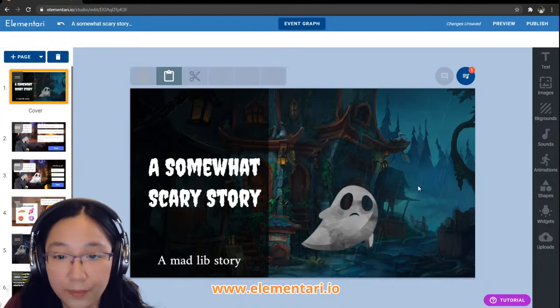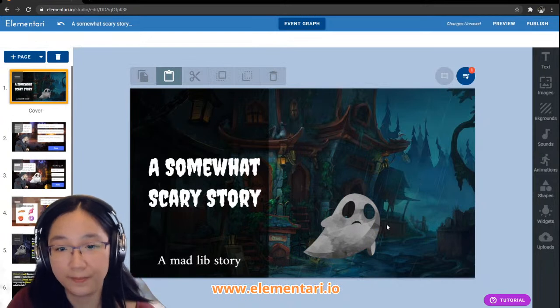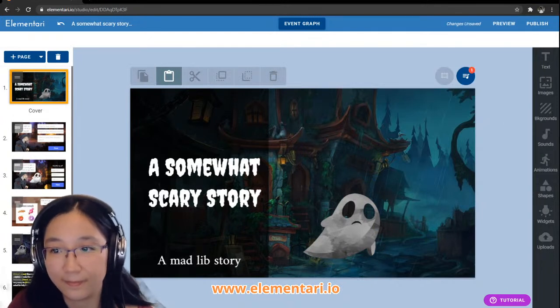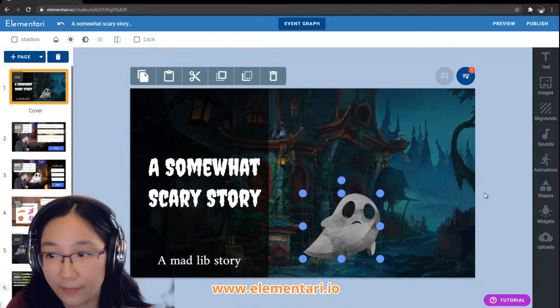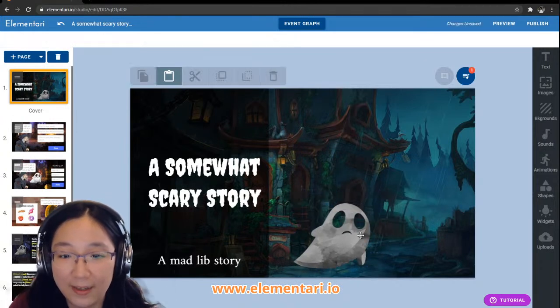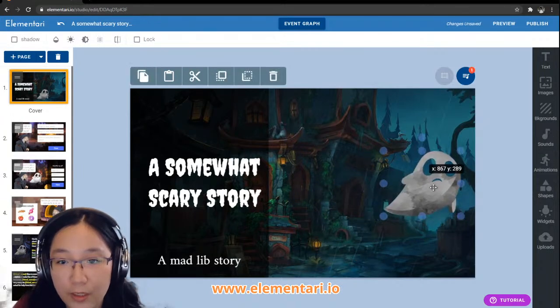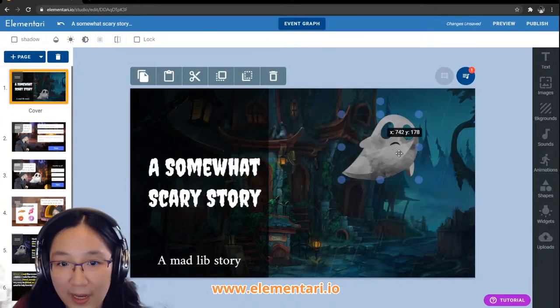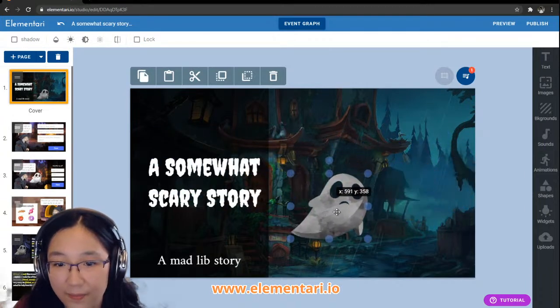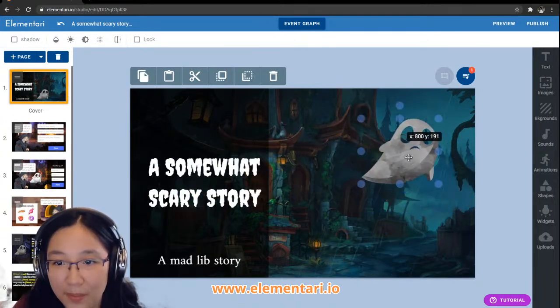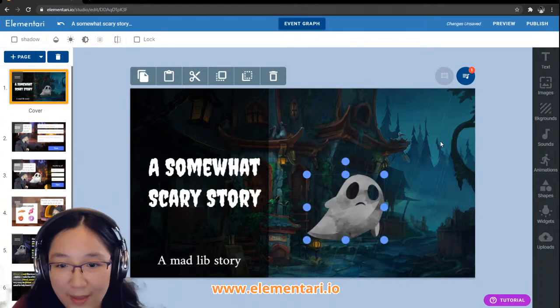Okay, so what do we do on this page? Do we want the ghost to just be moving across the page like this? Do we want him to bounce up and down? Do we want him to do nothing?